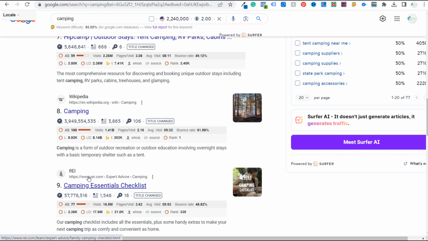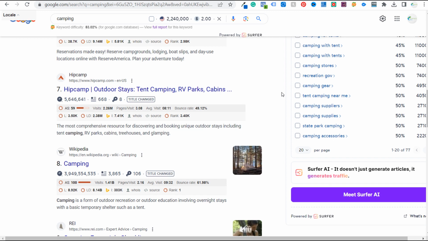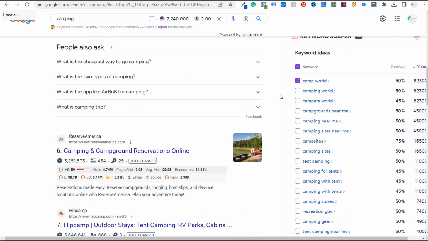Camping Essentials checklist on REI is over 1,500 words. So that's something where you say, okay, well, maybe I can make a camping checklist, add some additional details, give people more information, and write a 3,000 or 4,000 word article, and maybe we can rank a little bit higher than REI. Kind of difficult when it comes down to backlinks and everything else like that, but just staying on